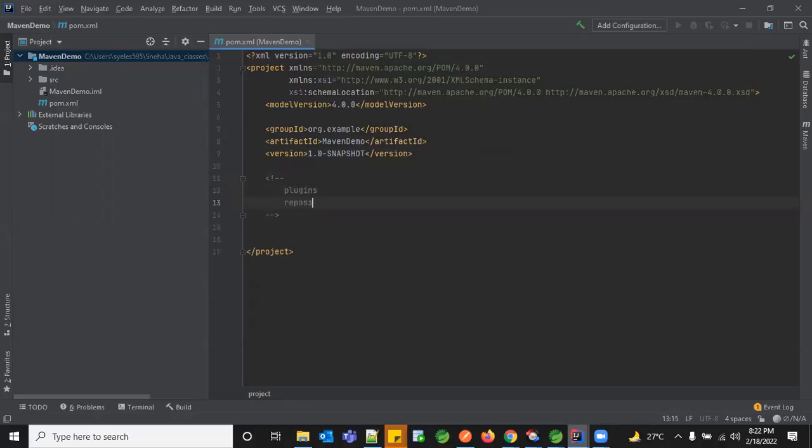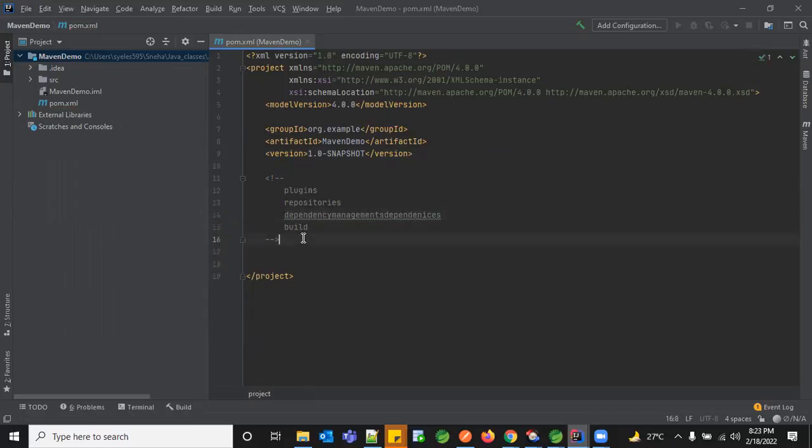You have repositories. You'll have dependency management, which will internally get all your dependencies, so the subtags would be dependencies. There's something called build package. These are the main things you need to understand when you're trying to import any kind of external libraries and how you want to build your package.